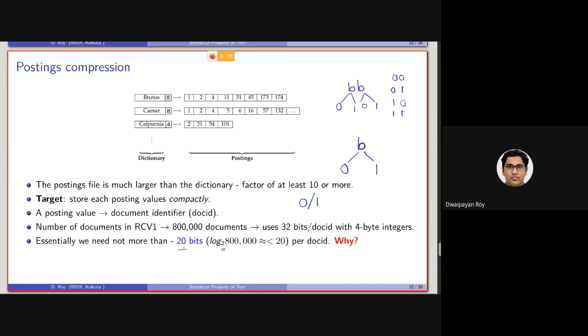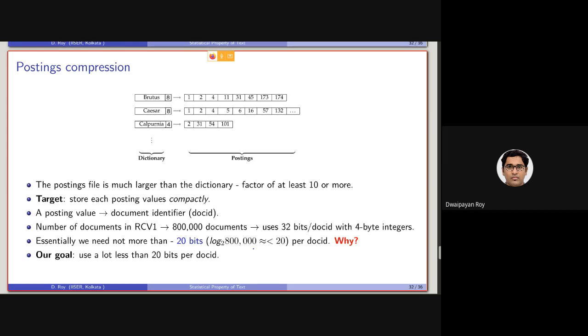So using a 20-bit binary string, we can actually represent something more than this 800,000, right? Our goal here is to use a lot less memory than this 20 bits per doc